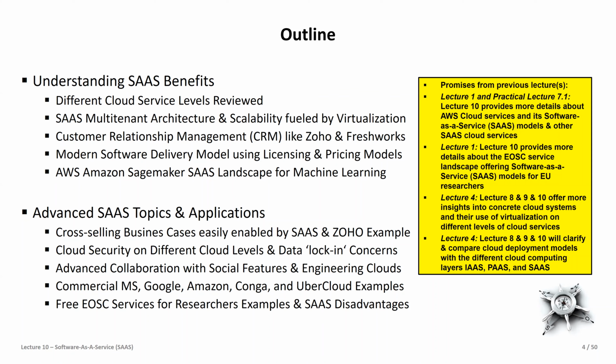Also here, I could talk, of course, about the big landscape. I picked, again, some with added value, where I believe I can show you a bit the heterogeneity of the approaches. One was the business cases where you can have a lot of cross-selling. Once you are in customer relationship management, then you're very close to project management. So you top up, you swipe your credit card again, you have a new module which suddenly has not only customer relationship management, but also project management. But it's still Zoho. You can integrate your contacts from there. So you're more likely to do this instead of going to another cloud and doing the same thing again. So all of these have hidden assets.